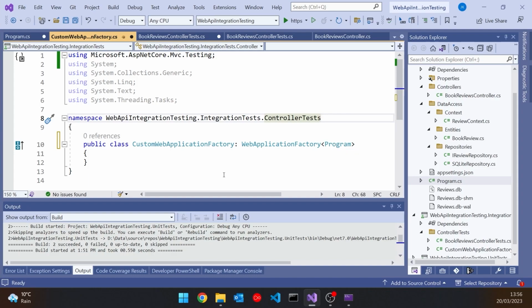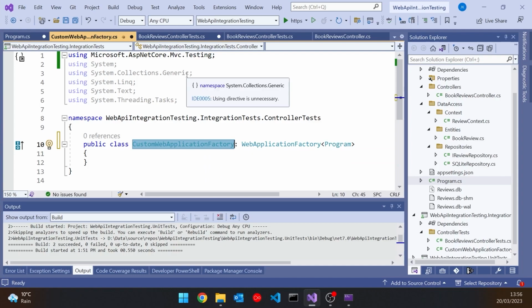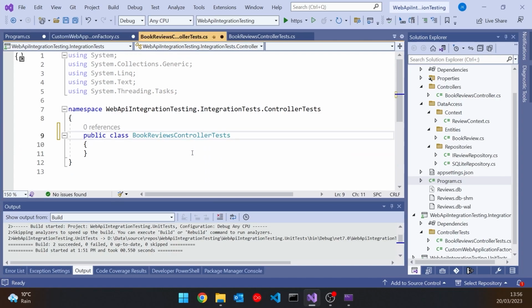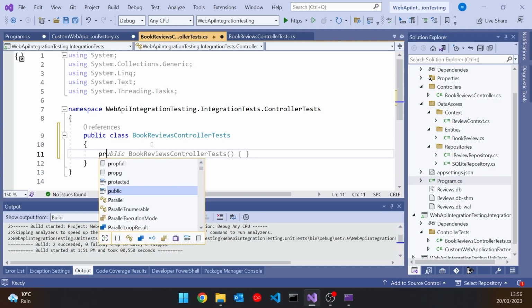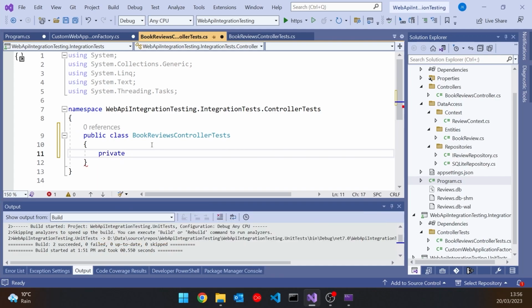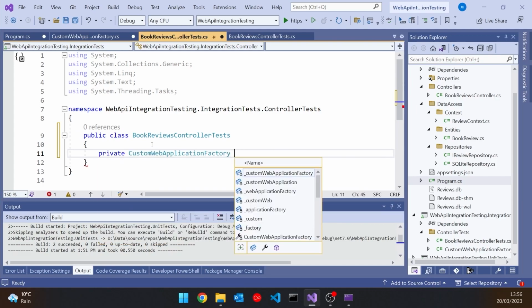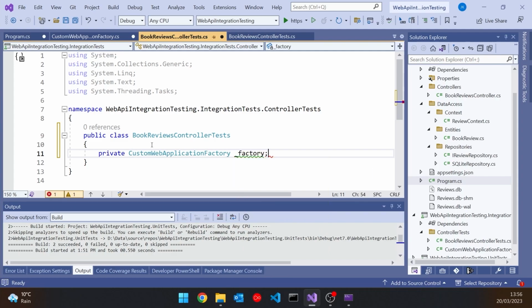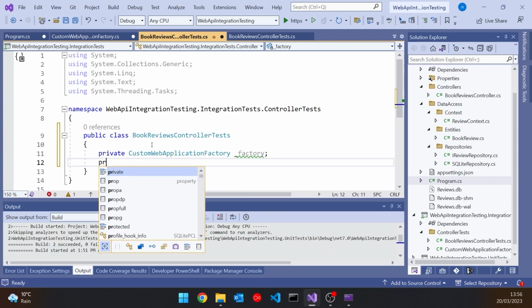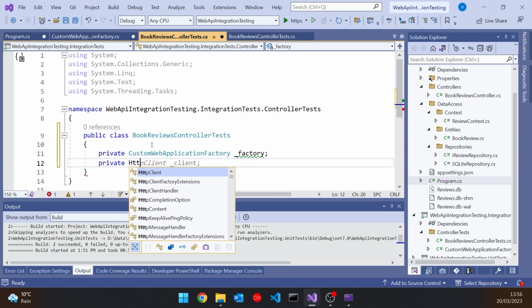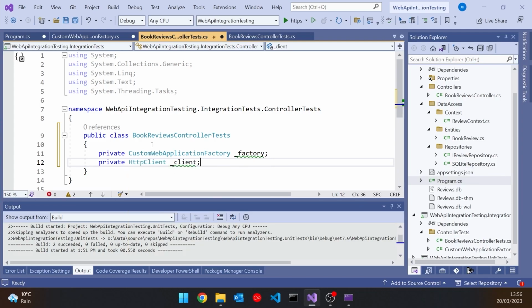Then having done that, let's copy that and go back to our actual tests. So in here, we're going to make use of that application factory. And the way we do it is this. We're going to declare a private field of that type that we'll just call _factory. And then we're also going to declare a private HttpClient called _client.